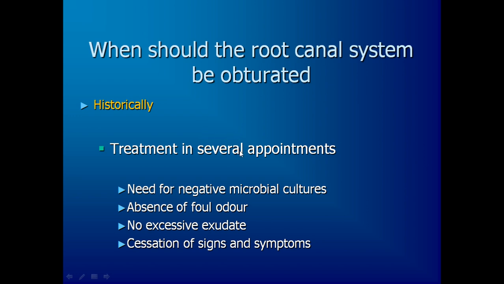Historically, earlier, the treatment was done in more than two or three appointments. That is, in the first appointment, when the patient visits us with pain or swelling, usually an access cavity preparation is done, that is, gain access to the root canal, remove the zone of infection, then close it. Close it in the sense, give a temporary dressing just on the superficial part. Then the second visit is followed by shaping and cleaning, and again give a temporary dressing. Then recall the patient again in the third visit and finish the obturation.